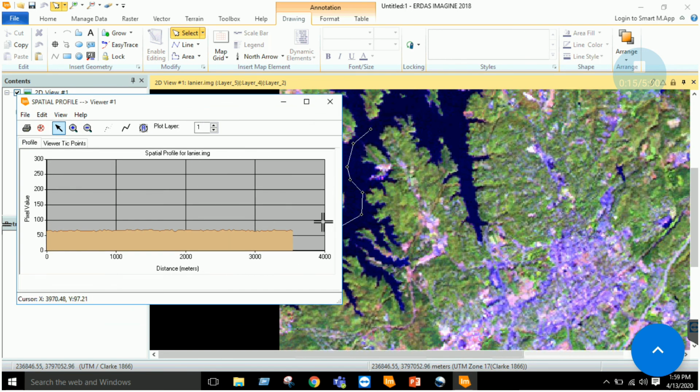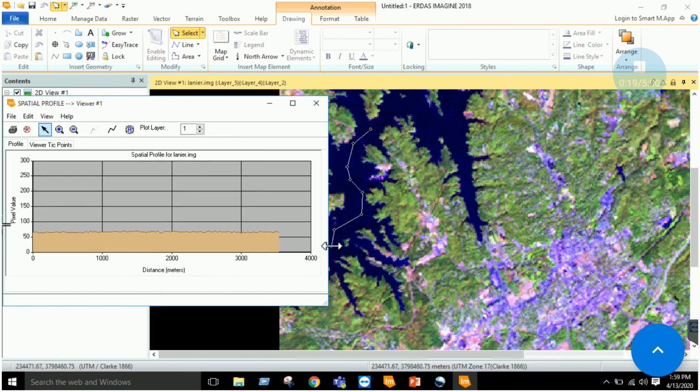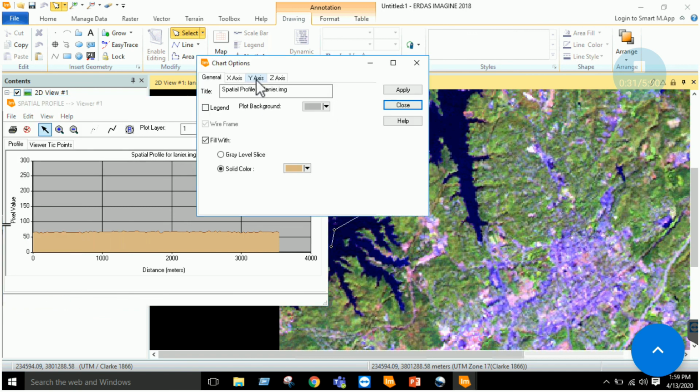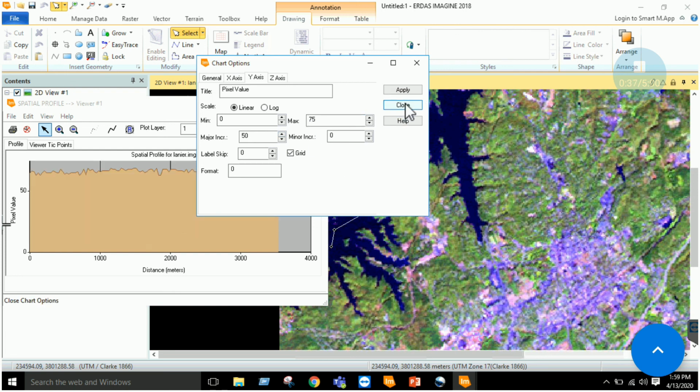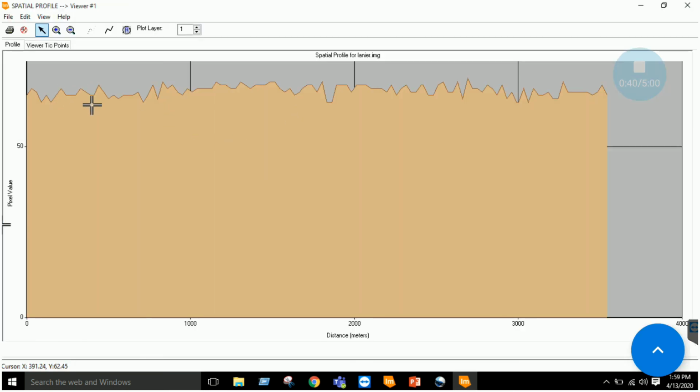Now what does this profile show? As you are moving across from distance 0 till a distance of 3500 meters, how your DN values are changing. Okay, if I change the maximum value to 75 in this edit chart options, y-axis maximum to 75, and just click apply and close, I can see how my profile has been changing.